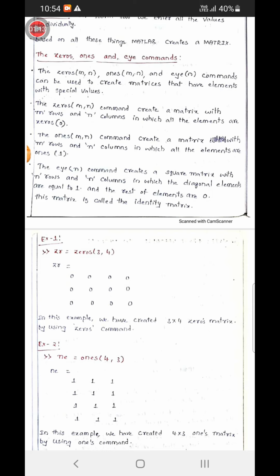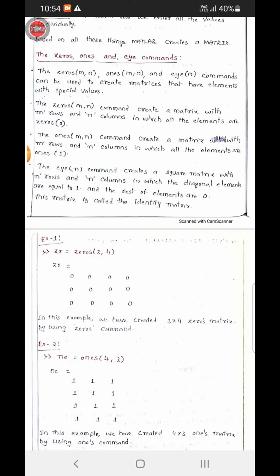Zeros in the curved parenthesis m comma n, ones in the curved parenthesis m comma n, and eye in the curved parenthesis only n. So that is the representation. These commands can be used to create matrices that have elements with special values. With examples we can clearly understand.